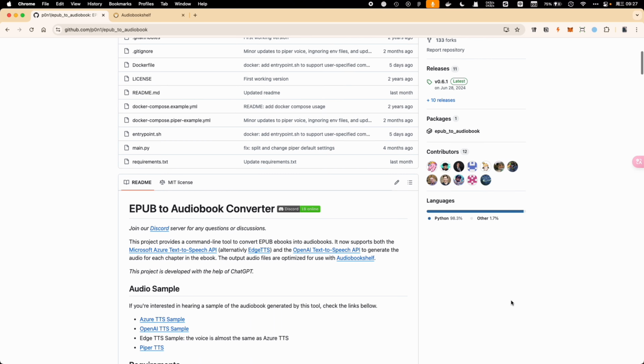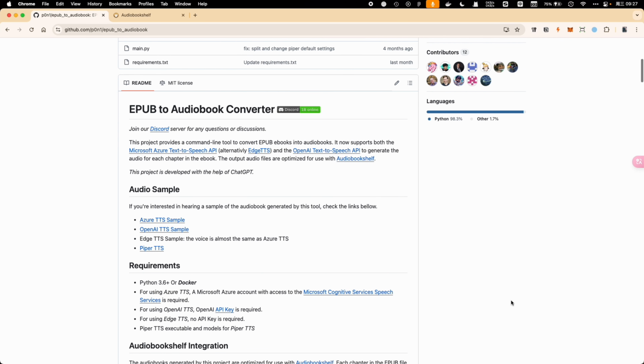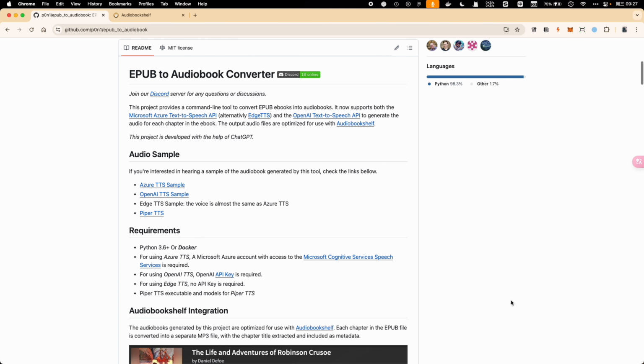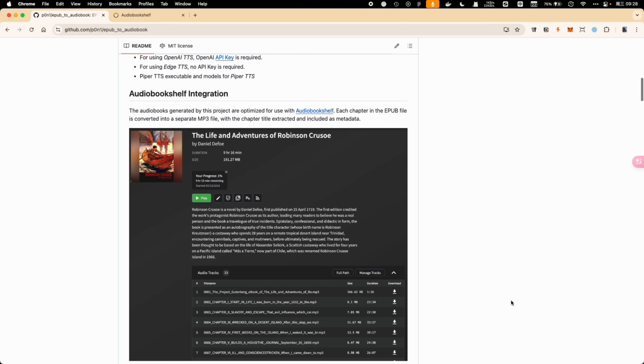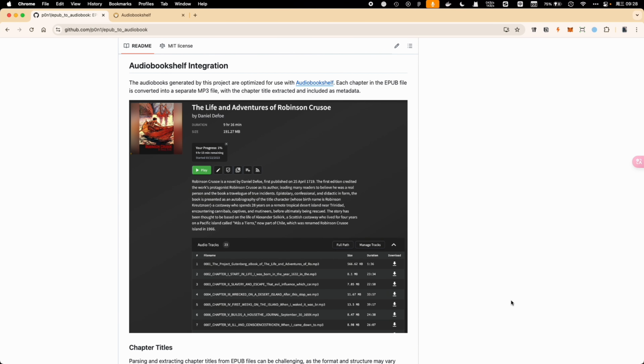The EPUB to Audiobook Converter is a free and open-source command-line tool available on GitHub. It leverages AI TTS technology to transform EPUB format eBooks into high-quality audiobook files. The tool supports advanced TTS engines such as Microsoft Azure and OpenAI, enabling the generation of audiobooks in 57 languages and dialects. When paired with Audiobookshelf, another open-source, self-hosted audiobook and podcast server, users can build their very own private